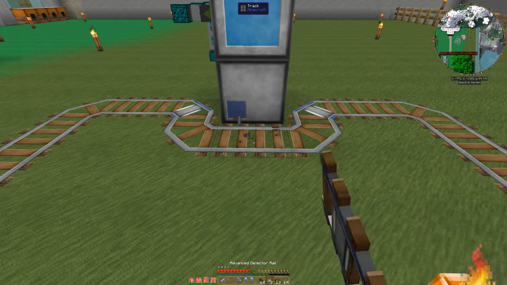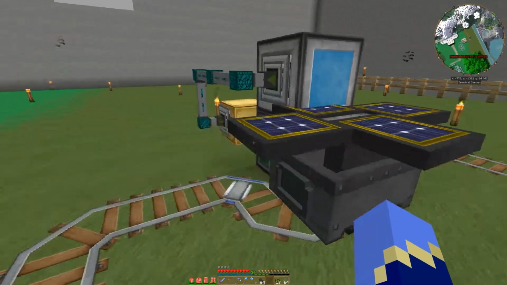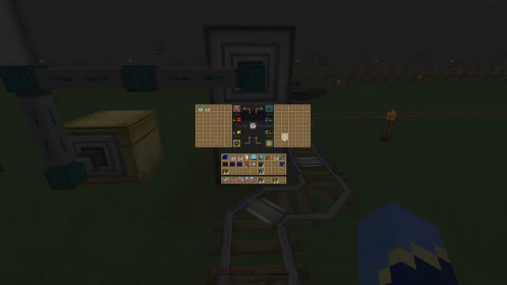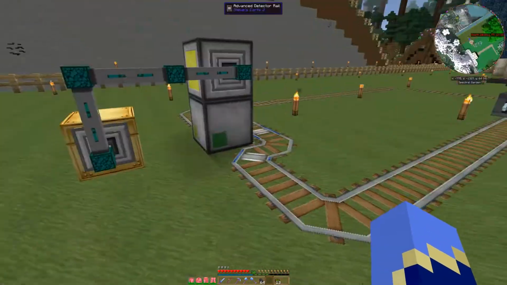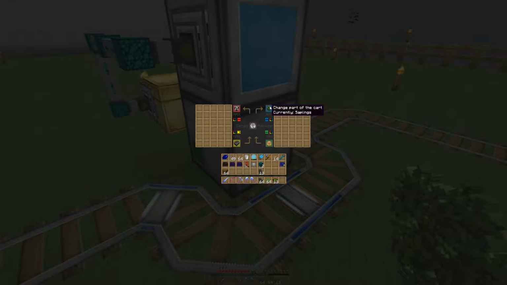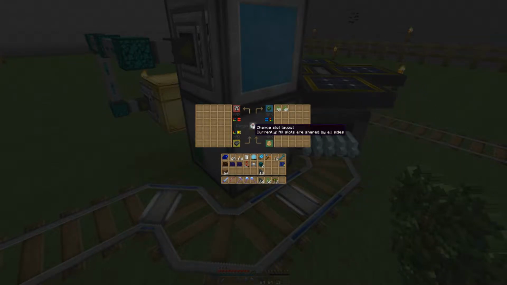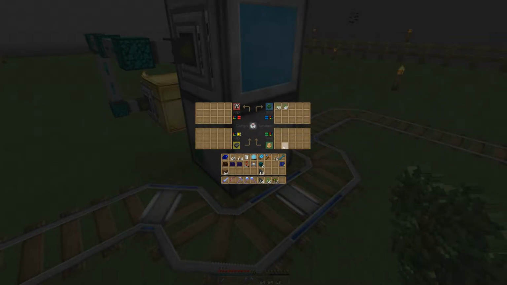So maybe we do want that guy there. Yes. So we should be able to put them in here then, and it will grab them. We want it on that side. So did that do... No, it put it in the coal engine. I don't want it to go to the coal engine. Currently saplings. Change slot layout. Currently all slots... Oh. Yes, that's what we want. Okay, so now...